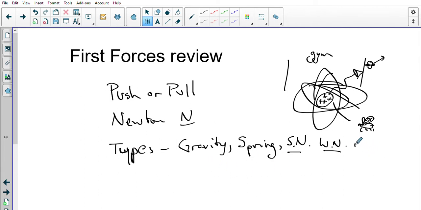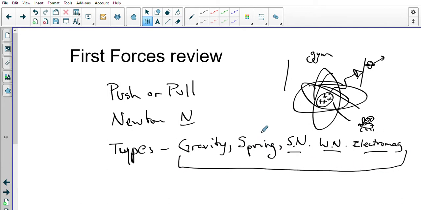And then we have electromagnetic forces, and that's really like the positives and negatives in here. And when we have moving charges, then we have magnetic forces that come about. So electromagnetic are really two forms of the same type of force. The spring forces would really be more of an electromagnetic force, an interaction between the atoms that are within the material. So we have gravity, strong nuclear force, weak nuclear force, electromagnetic, and then when you push your brother or sister. So those are the types of forces.